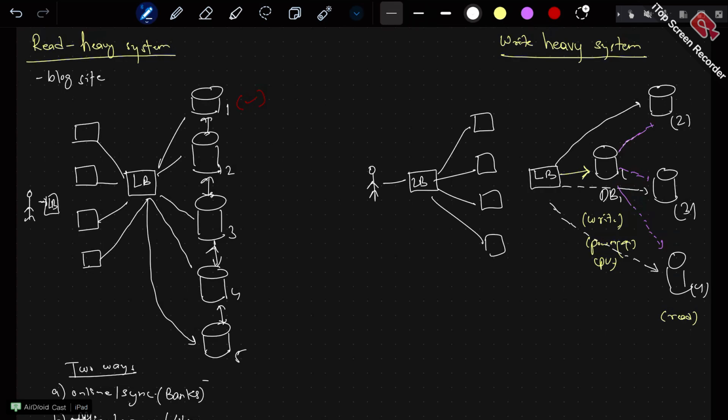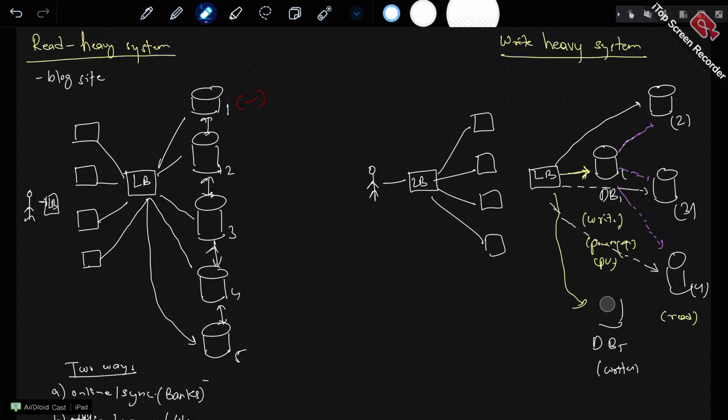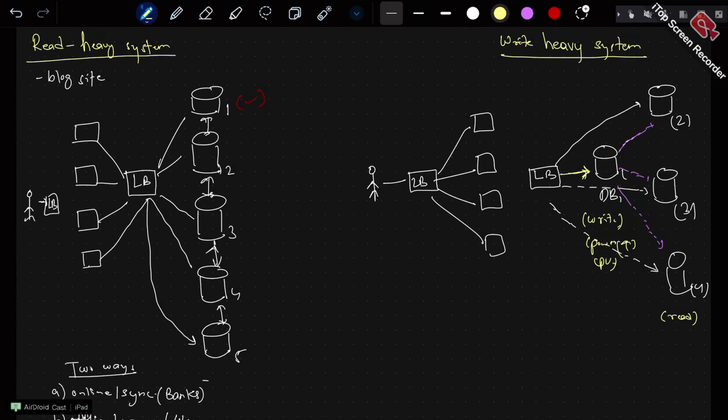So at this layer, just a minute, I'll draw it over here. You have db5 over here. Only writes are happening here. So now a write can go to any of these nodes. For example, yellow is for write, either to this or to this. It is making our system complex, but in a way it is also scalable. Depending on our use case, we are scaling things out. In most cases, I assume 2 or 3 write databases should suffice, but as per the situation, it can go up and down. Okay, so this was about read heavy and write heavy systems.